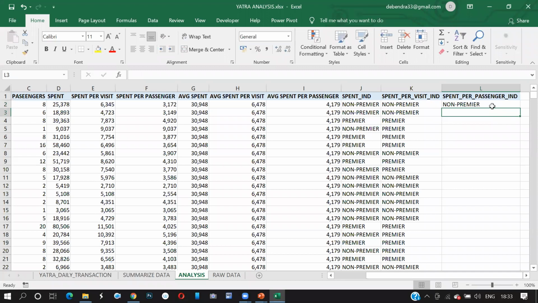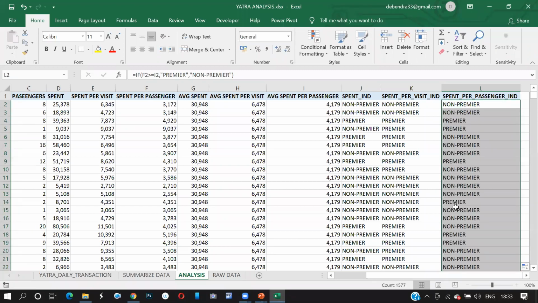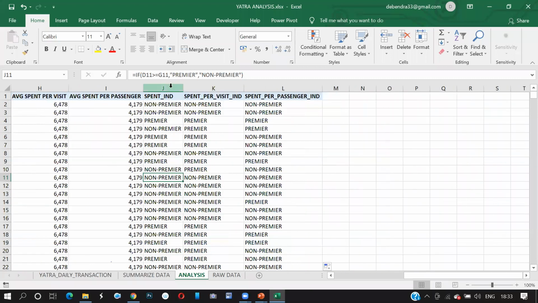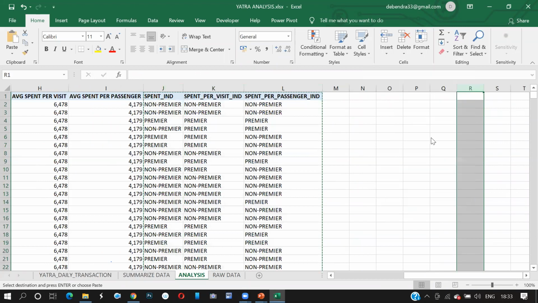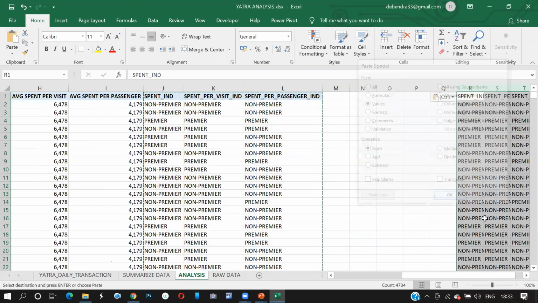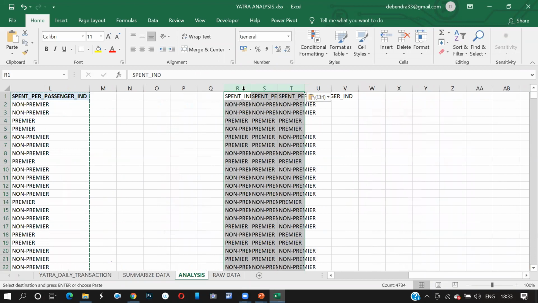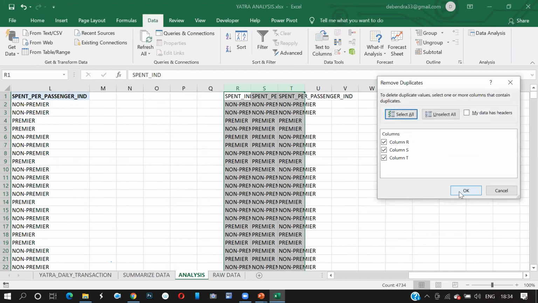So guys, I just took these 3 parameters and I got this information here. Are you getting this, guys? Yes, sir. Now, I took these 3 segmentations properly. I go here, I paste special values. I want to make it a unique combination. I select this all. I go to data and I say remove duplicates.